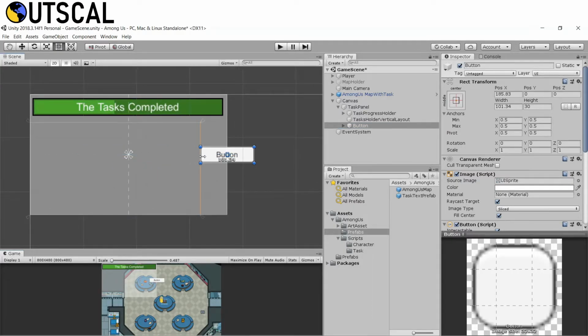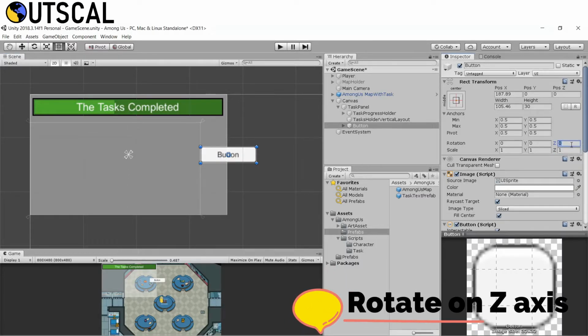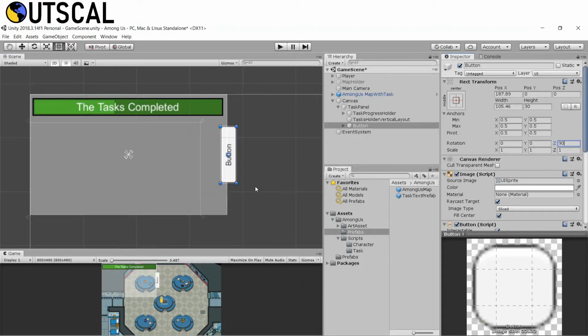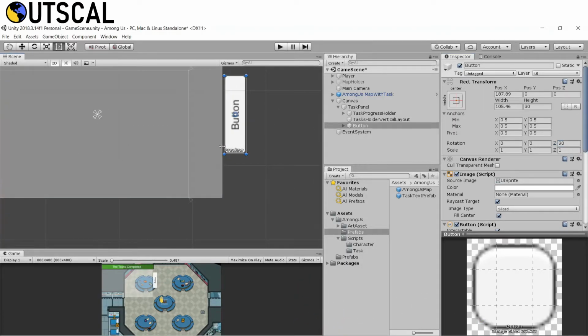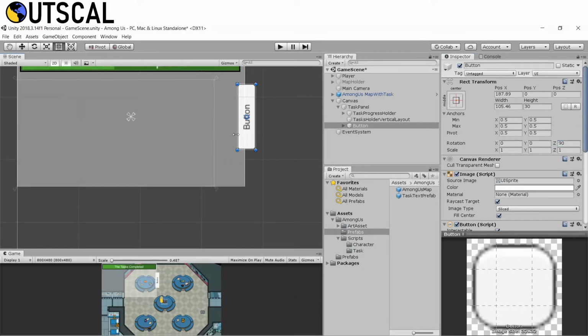Let's reduce its width, or maybe what we can do is increase this width, but we will rotate it on the z-axis by 90, and we will arrange it here like this.